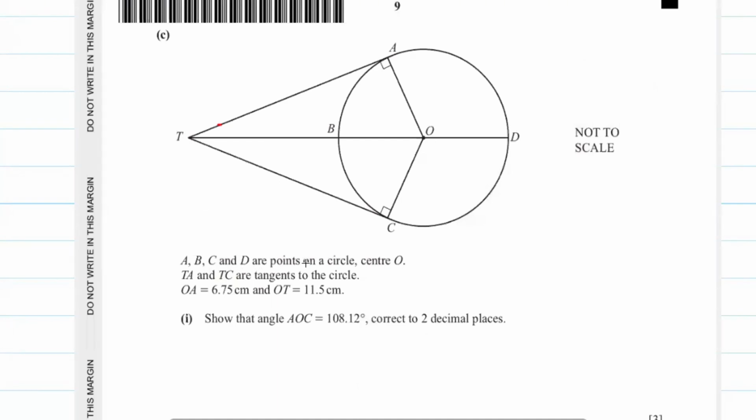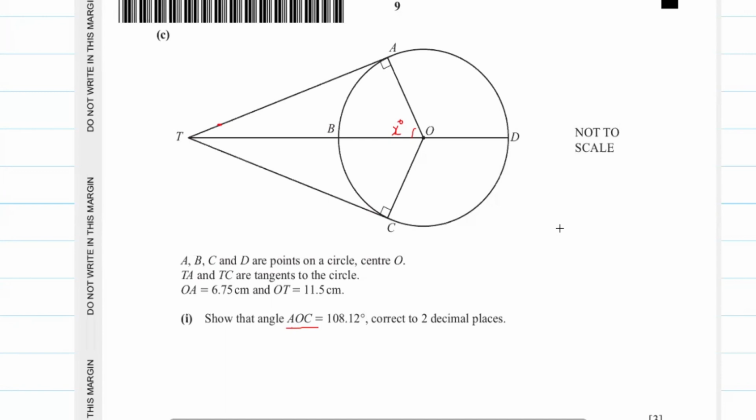Part C. A, B, C, D are points on the circle. Center O, TA, TC are tangents. OA is 6.75, OT is 11.5. Show that angle AOC equals 108.12. Look here, this is the right angle triangle TOA. In this right angle triangle, we name the angle AOT as, suppose, x degrees, and we have to calculate